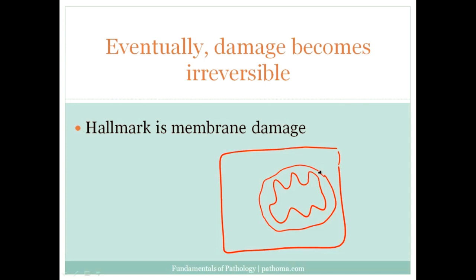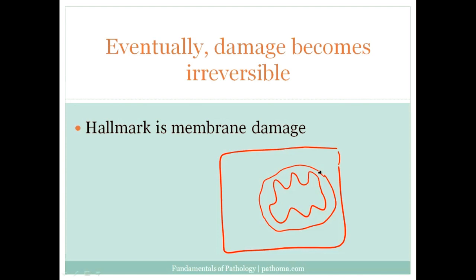And so if there is membrane damage to the inner mitochondrial membrane, that's going to be permanent. That's irreversible. Because even if you were to give the cells oxygen, return oxygen to the cells, those cells would never be able to recover from that damage. So that's irreversible damage. It cannot be reversed, even if oxygen is returned to the tissue. So that's one consequence of damaging the mitochondrial membrane.